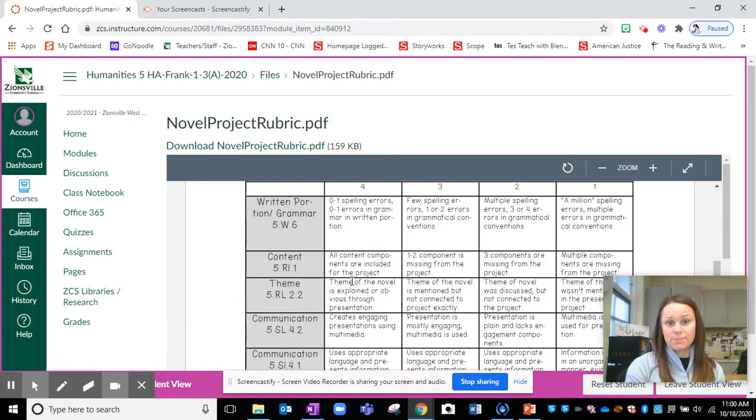Remember, we had just talked about theme, and so I really need to see theme from what you and your group decided. Remember, I had you guys meet in your reading groups, and you told me what you thought the theme was. You're going to see how you can incorporate that into your project, okay? So I know that this is a big thing to be thinking about, but today's really that day that you can work with your reading groups.